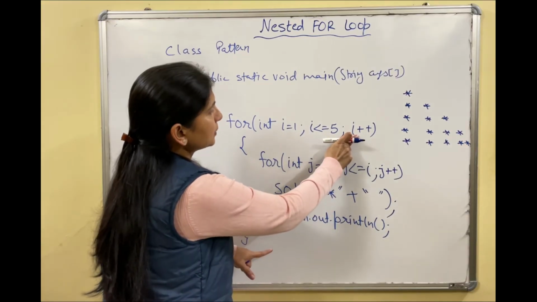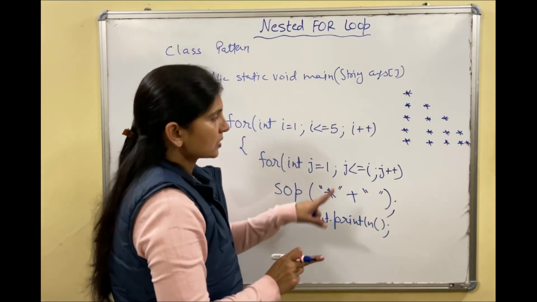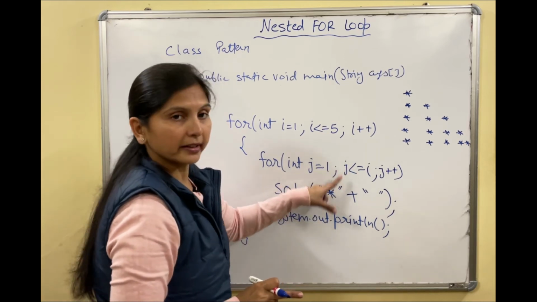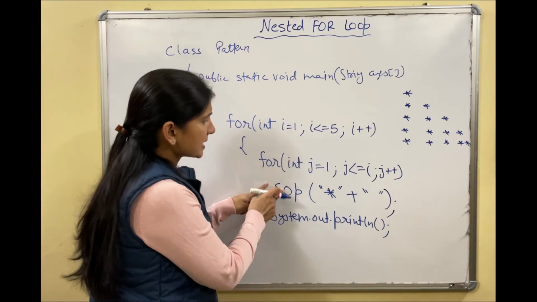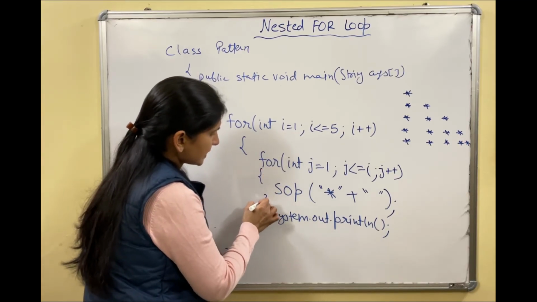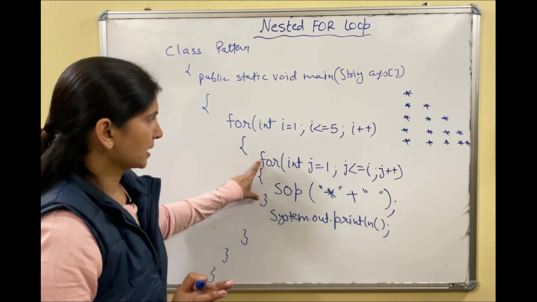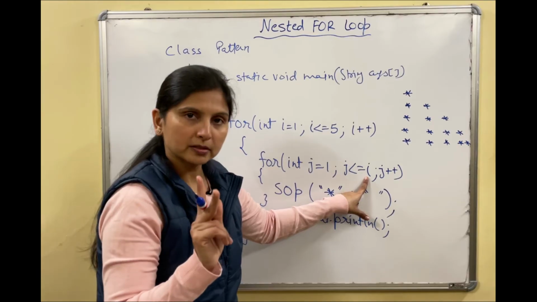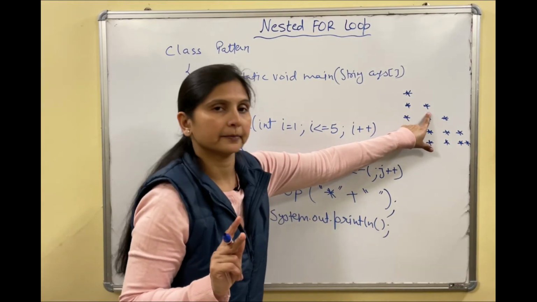Then I will become 2. So j will go 1 to 2, right? So 2 times the inner loop will run. This is the inner loop. Again I am telling, as only one statement is there, no need to give braces. Otherwise, if you are getting confused, I am giving the braces. Otherwise, it's not mandatory. Fine. So this is the inner loop, right? So 1 to 2, 2 times this loop will work, and 2 times star will be displayed.